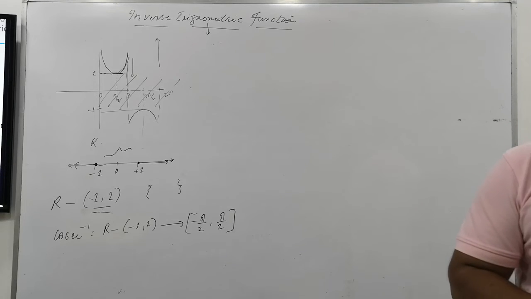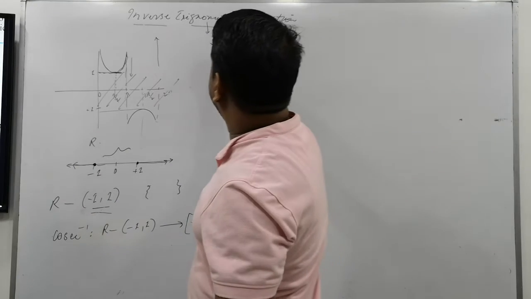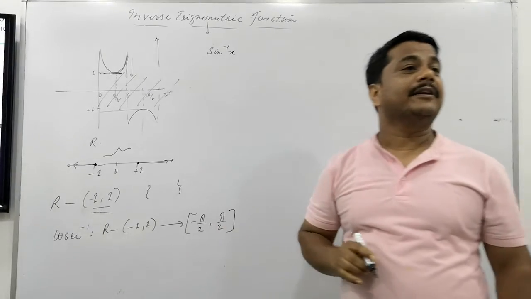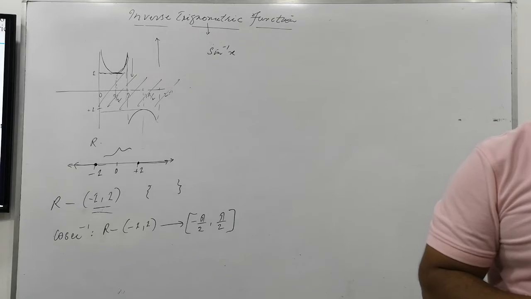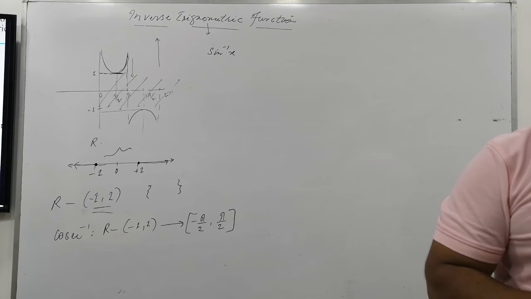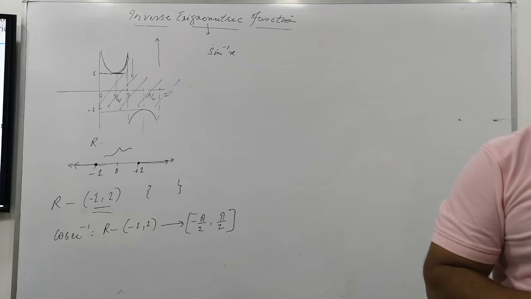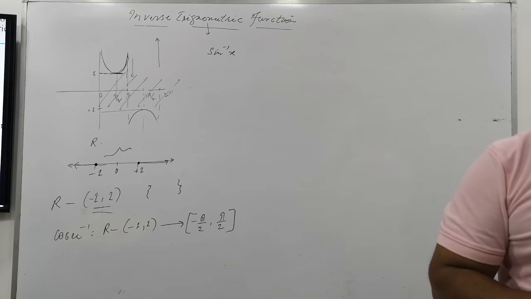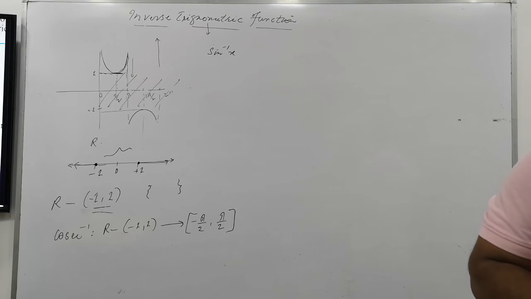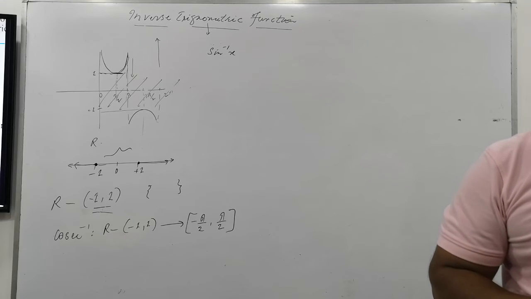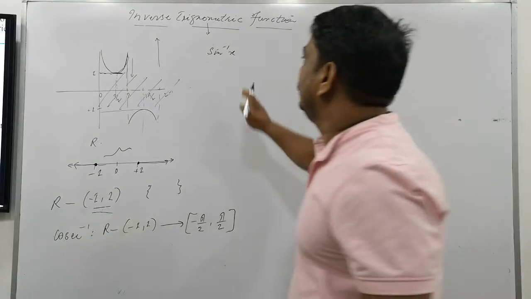Finally, I'm writing here sine inverse x. So the name of the function is sine inverse and its domain is x. And what is its range? After putting the value of x, you will obtain a y, a sine inverse of something. This will be its range. Do you remember the ranges? You just have to see your book. All the 6 ranges you must remember. Is that clear?